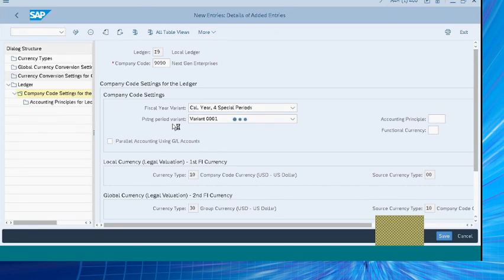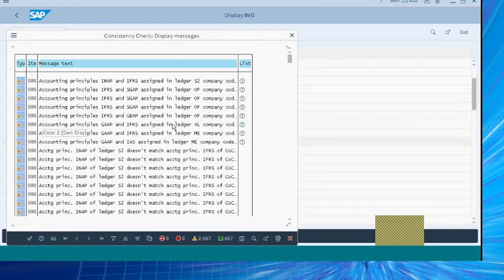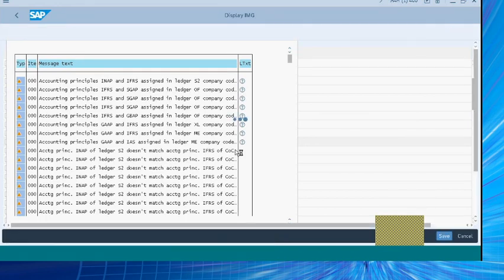So now in the next screen, in the coming screens we'll see, if we post a document into 9090, how is that updated in the ACDOCA table? So is the HKD currency also updated? So that I'll show you in a minute. So let's save this and exit the configuration, and then we'll go to posting and accounting entry.